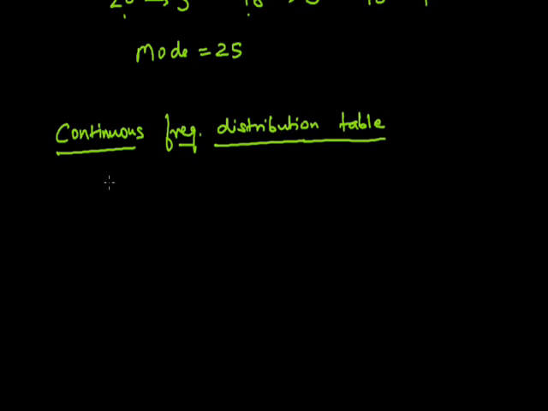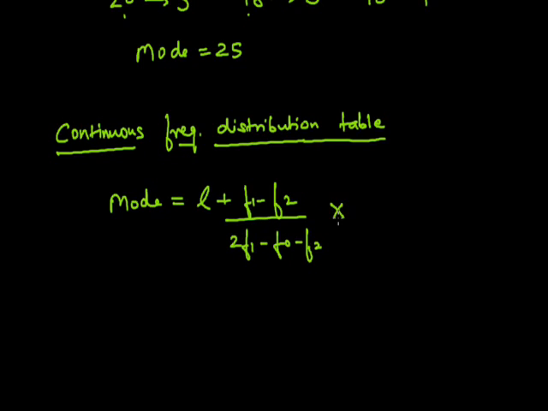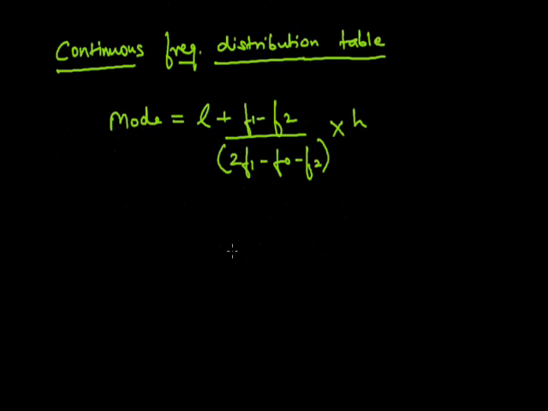If the class intervals with the frequencies are given, then the method to find the mode is a formula: L plus (F1 minus F0) upon (2F1 minus F0 minus F2) into H. This is the method to find the mode in case of a continuous frequency distribution table. Here L is actually the lower limit